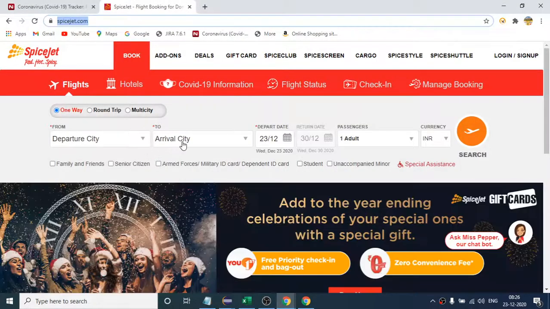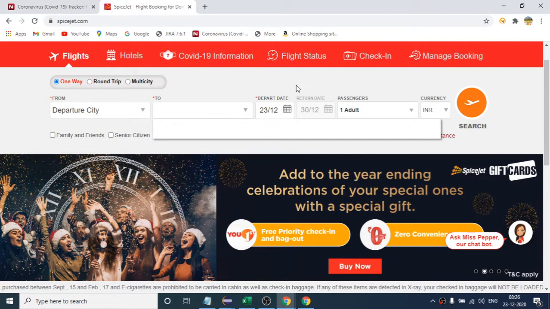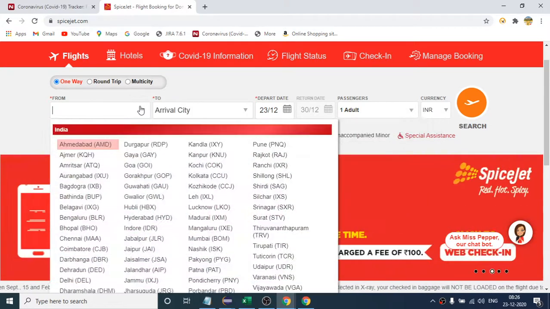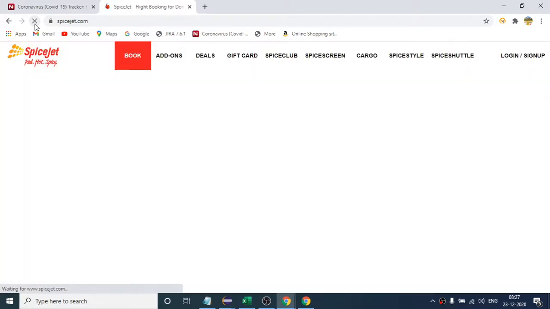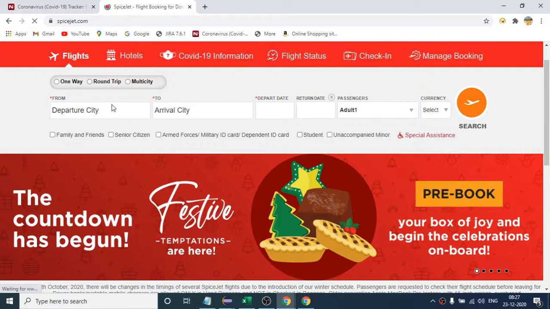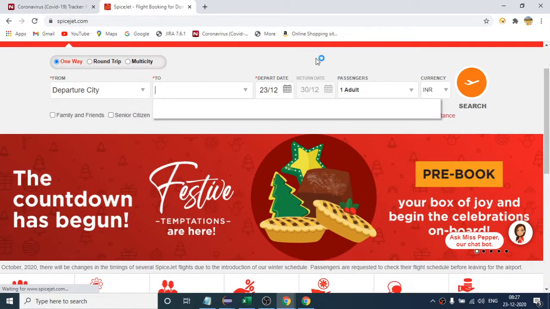If you can see, if I click this, as of now no data is present, right? But if I click this and select any city, suppose Lucknow, then only some data will come here. Otherwise if I refresh it again, no data will come. So how can we handle this kind of drop down with the help of Selenium? As of now no data is present, and if you see the HTML code, how will it look?